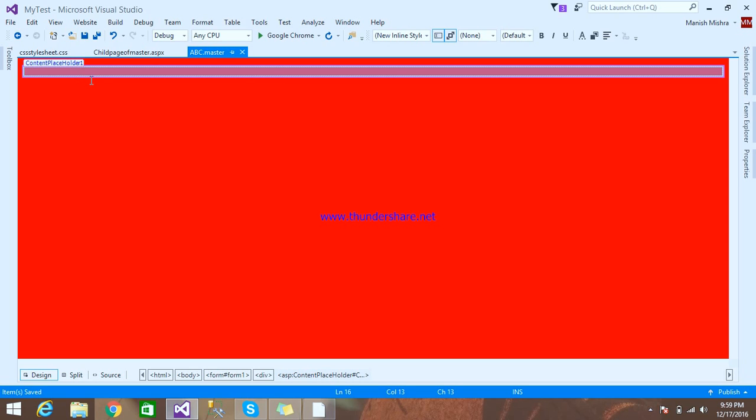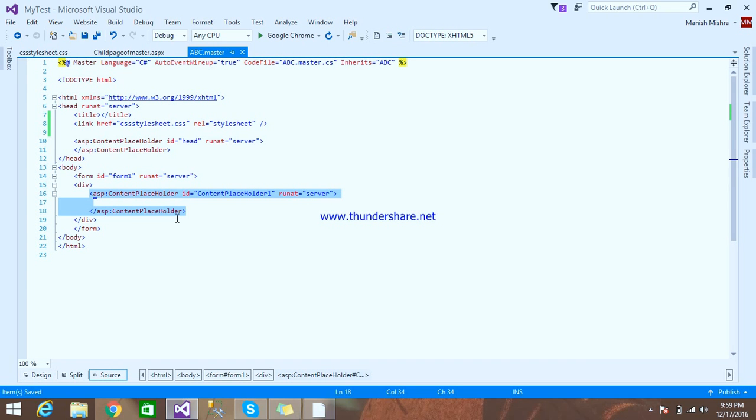So when we are working on the master page, we will not touch or do anything inside the content placeholder, because this is the property of the child page. This is the place where the child page will put its text and photographs. So if we are doing some changes, settings, color or text, anything, we will not do any single thing inside this content placeholder. We'll do everything after that or before that.